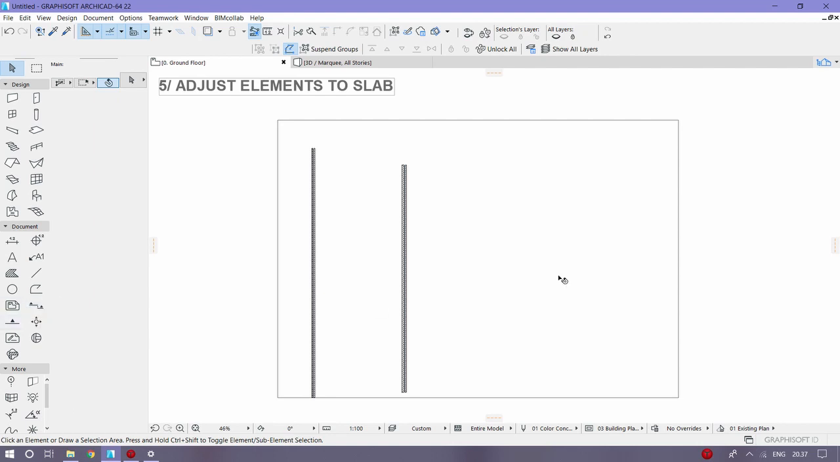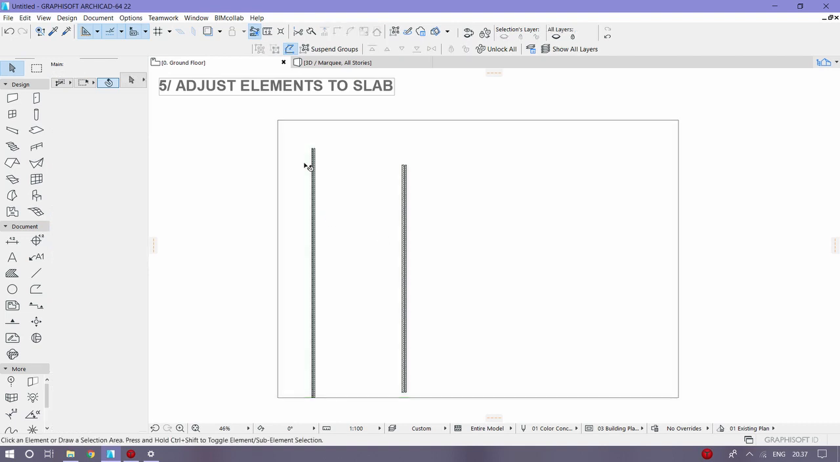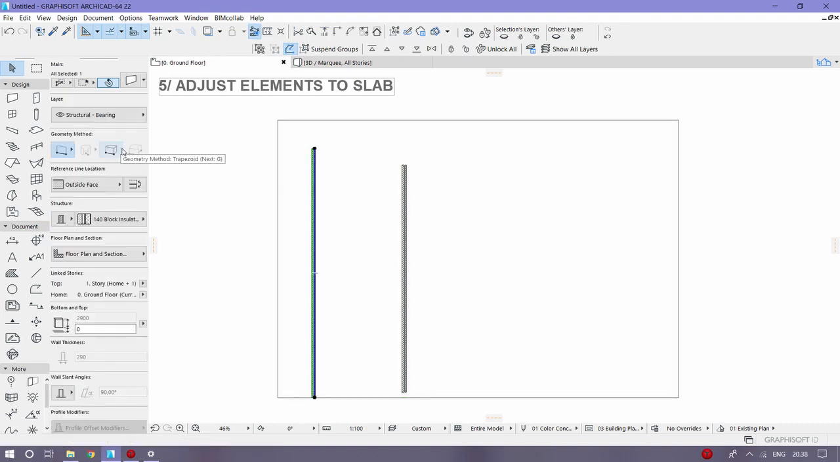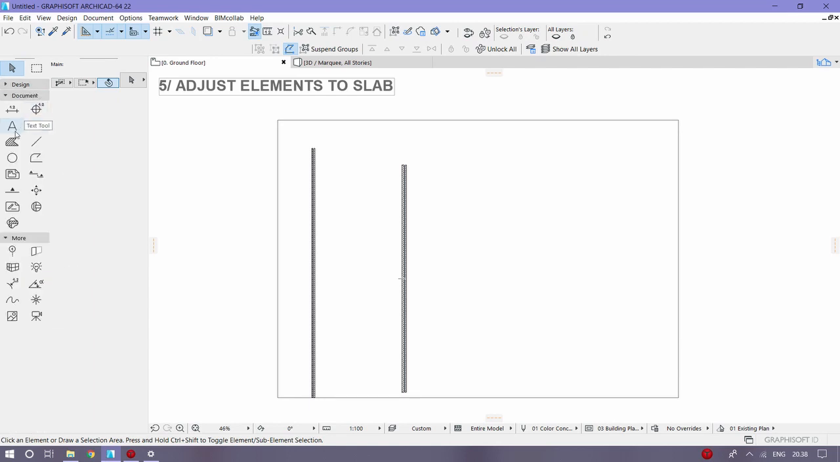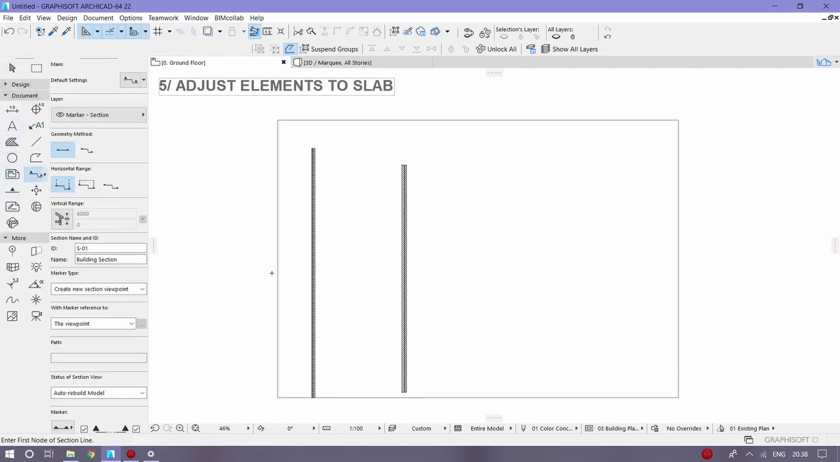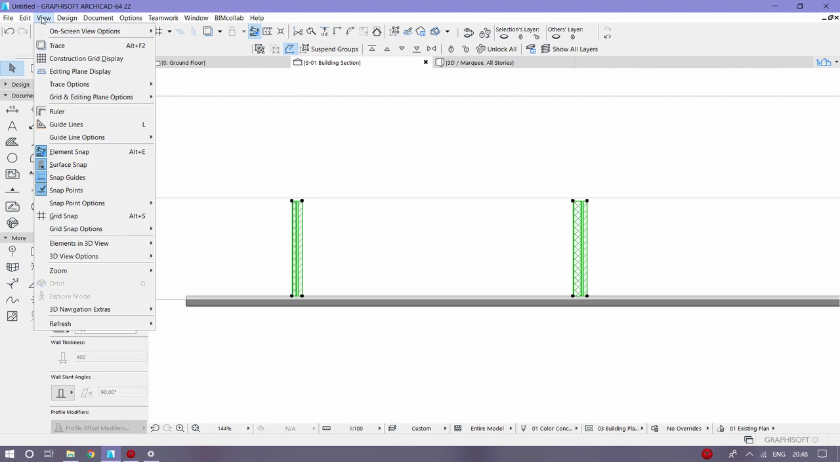So here we have a slab that is a composite slab, generic slab roof, and here we have two different kinds of composite walls. So I'm gonna go for this, we need to go to the section view. So I'm just gonna draw section. So what you need to do is select those two walls, go to edit,